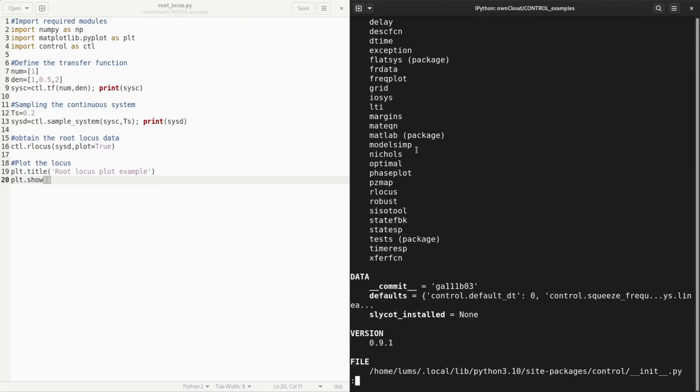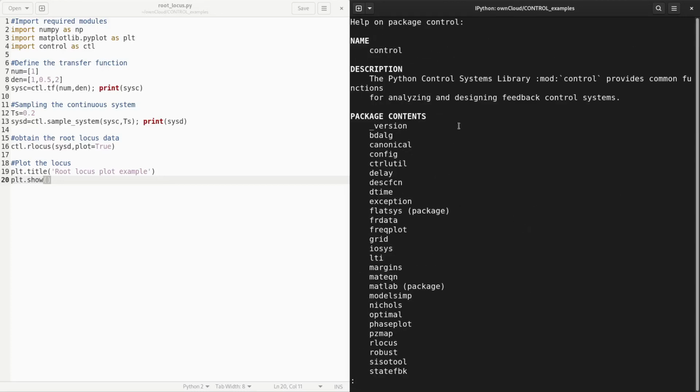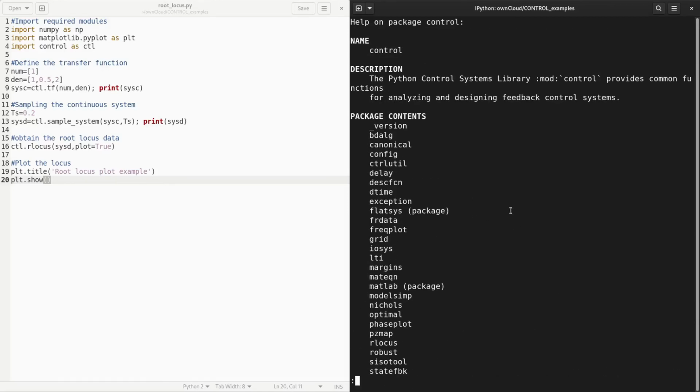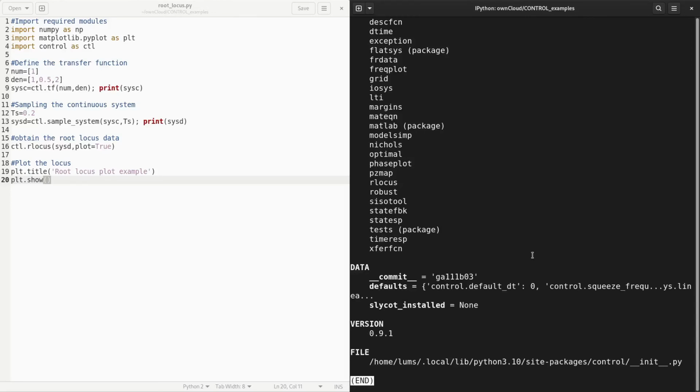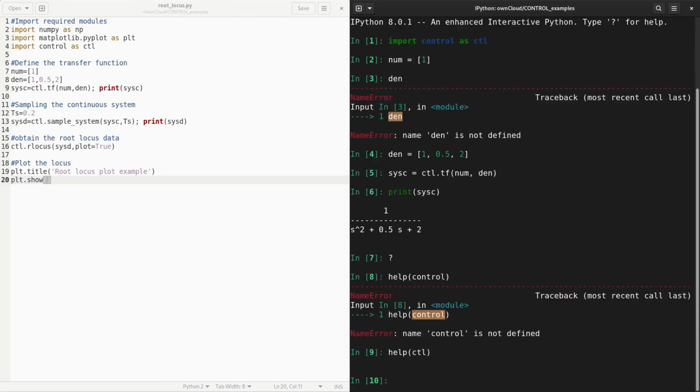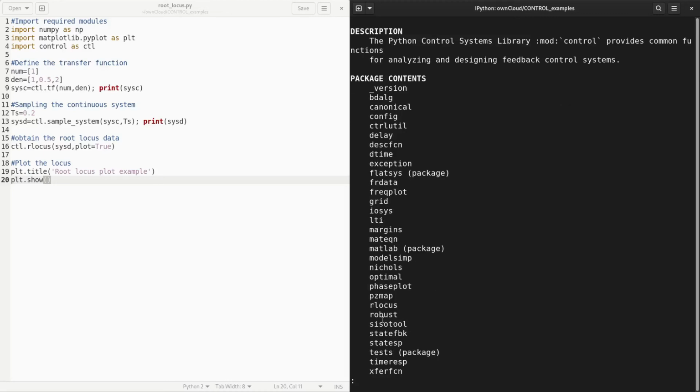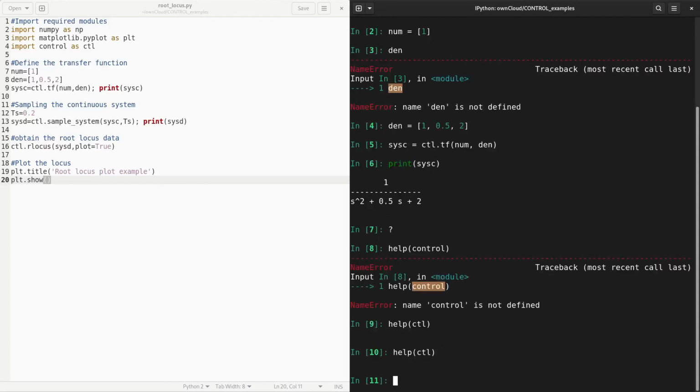So you will get all the functions which are there in the control module. We have renamed control as CTL, and therefore the help CTL. Q for quitting that. Let us say, for example, within the CTL, you would like to get some information on root locus or locus. You can type, let me clear the screen,